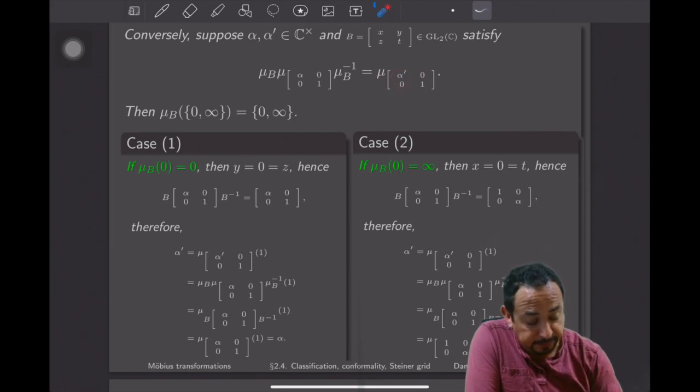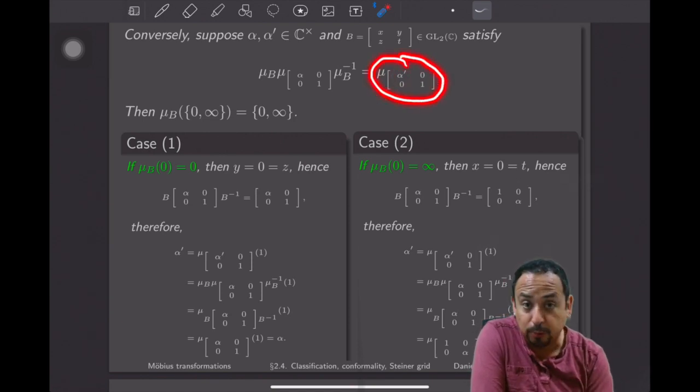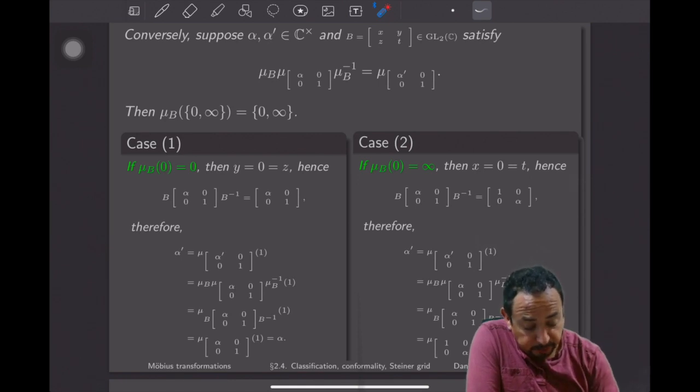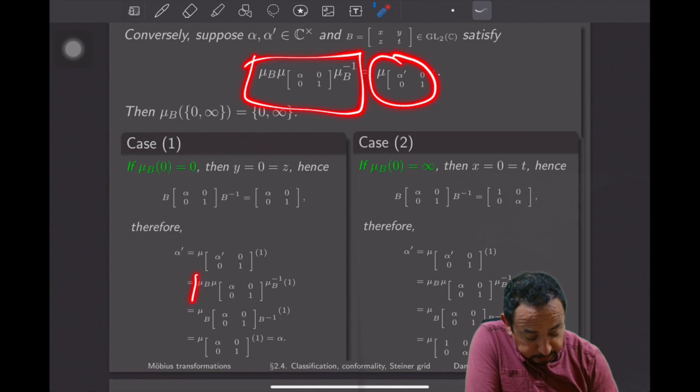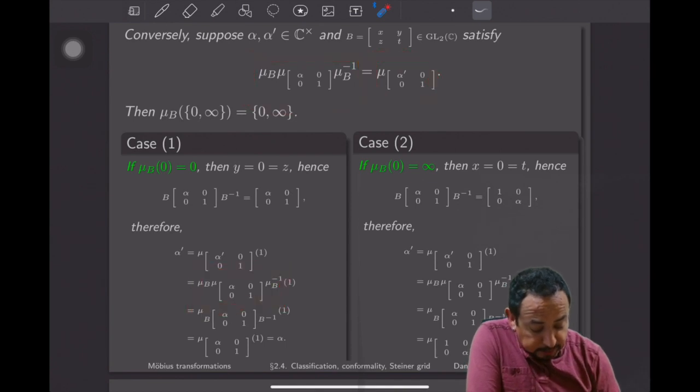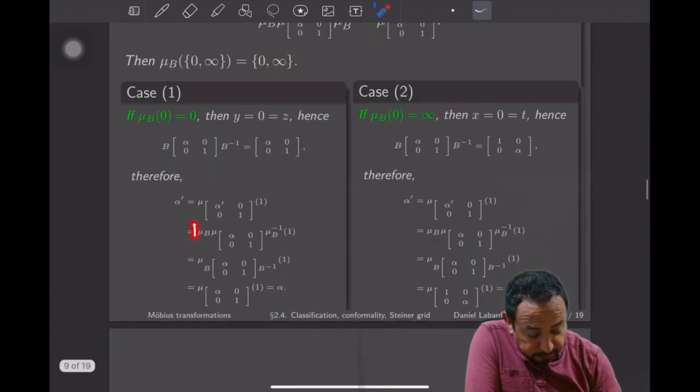Well, I can recover it by evaluating this Möbius transformation at 1, the complex number 1. So that's what I do. Alpha prime can be recovered that way. But this Möbius transformation is equal to this, so I substitute. Right? But this Möbius transformation is the Möbius transformation of the product,